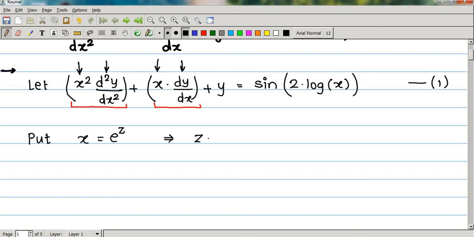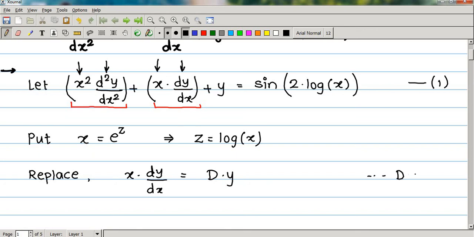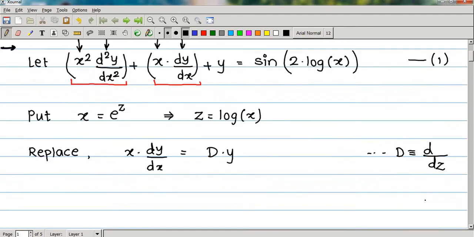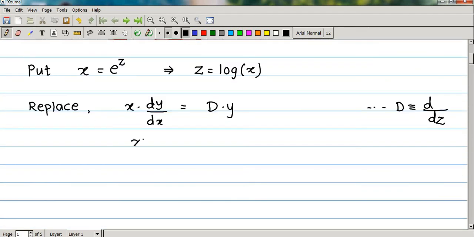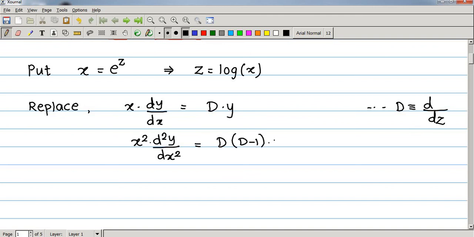This implies the value for z is equal to log x, and we replace the variable coefficient terms. That is, x into dy by dx will be replaced by D into y, where D represents the derivative with respect to variable z, and the second term, x square into d2y by dx square, will be replaced by D into (D minus 1) y. So from this our equation 1 becomes,